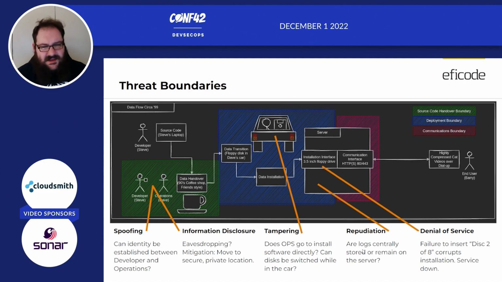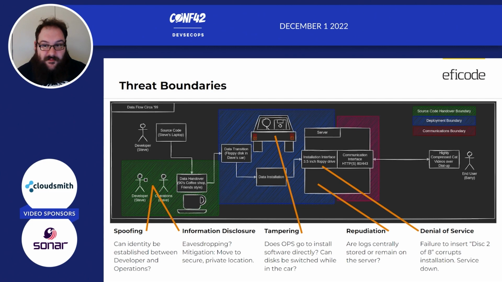Repudiation is the threat that hasn't changed, in my opinion. It's the only one that still relies on logging of everything. And denial of service: say he loses disk 2 of 8 and the installation corrupts, so the service is down and our end user Barry cannot watch his compressed cat videos. So here is how I believe the threat model was supposed to be applied. It probably was a little more complex, but